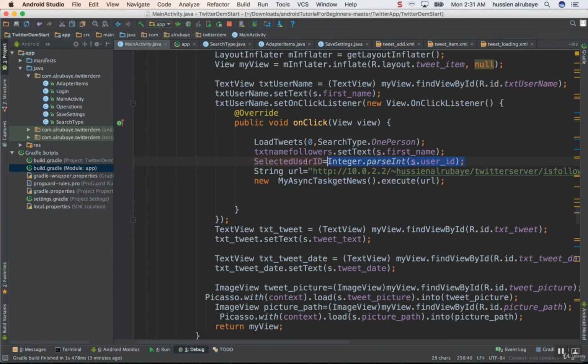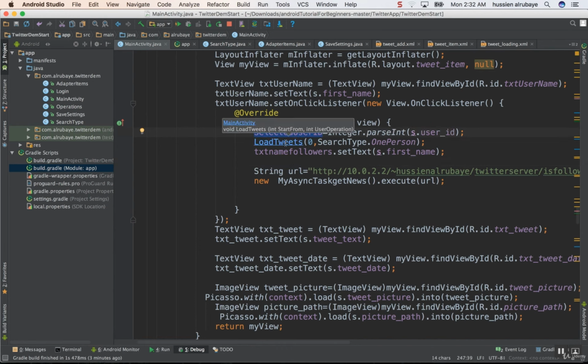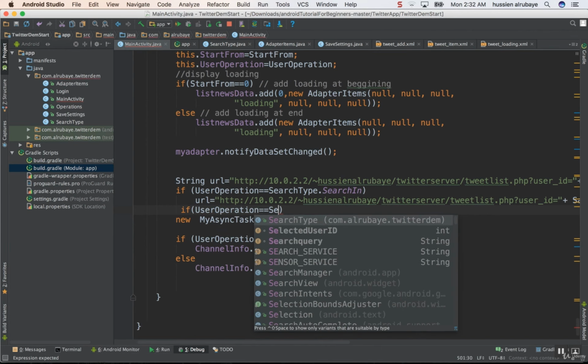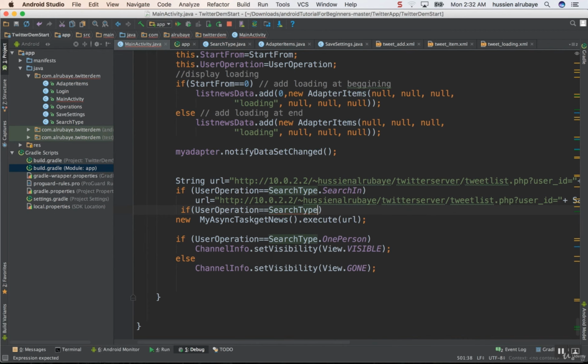So just take this one and add it before, so I have the user that's selected. Now I have, if the search tab is in search, I say if the user operation equals search type dot one person, so that means